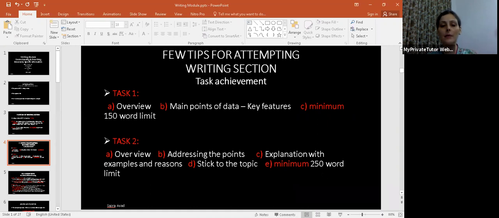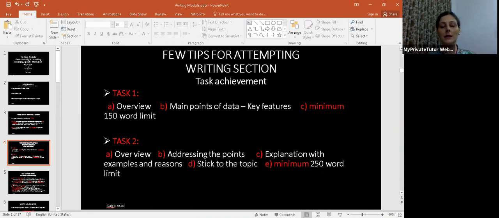Then second step, you're going to address the question, what they are asking you to do. So you're going to write about that. The third point is you're going to give examples and opinions, why you have written this and what your opinion is. Then you're going to stick with the point,